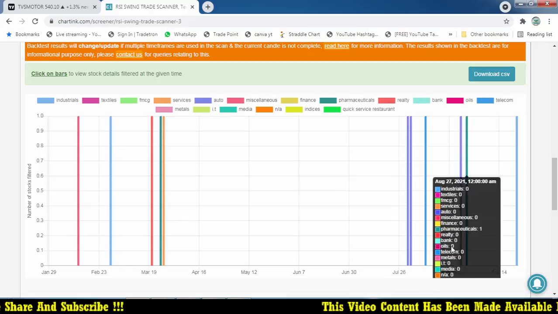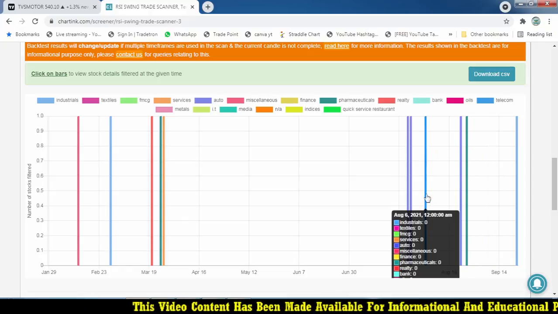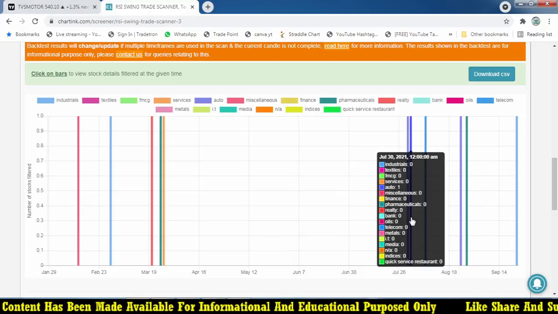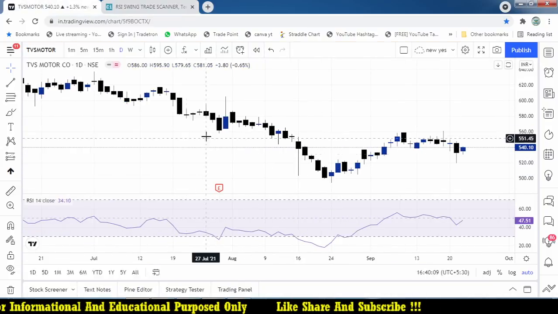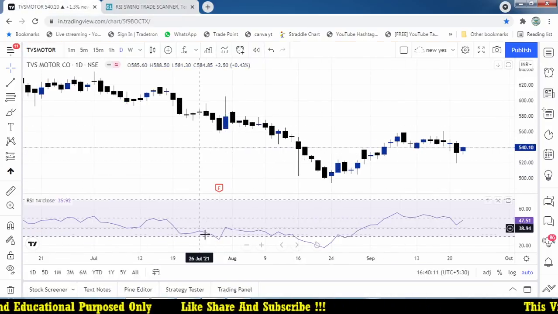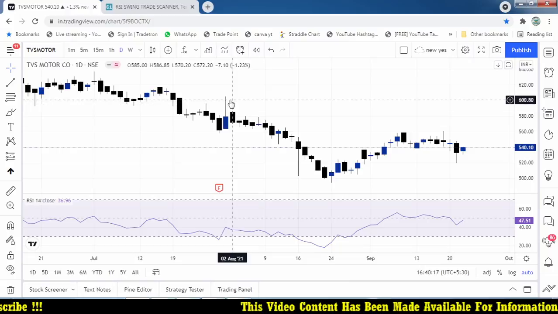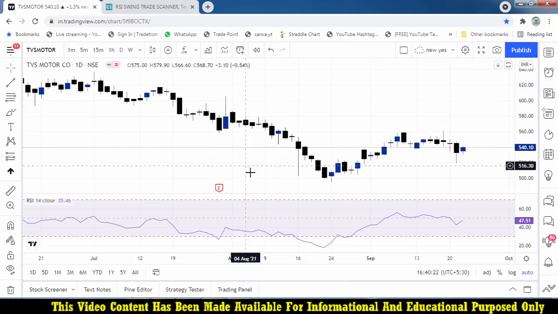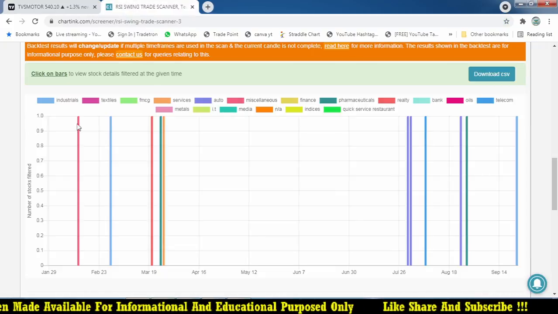And previously, in 25th, before that, we got 6th August Idea. So leave it. That is a very less value stock. And 30th July, again TVS Motor. I think this one. RSI is crossed above. And this day, 564 to 605. In a single day, that was moves huge. 40 points near. So intraday also you can use this system, and positionally also you can use this system.